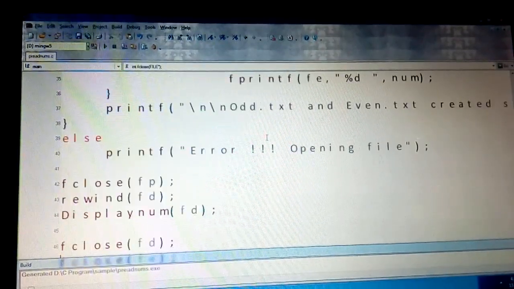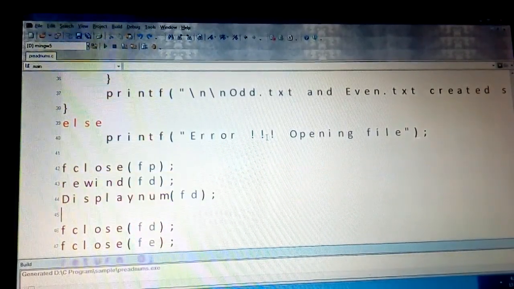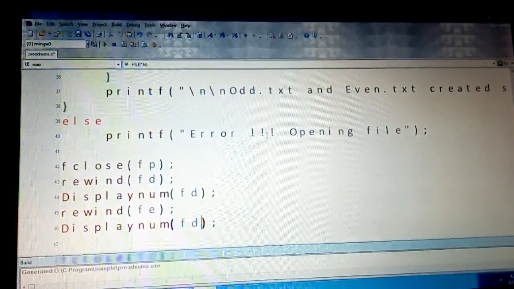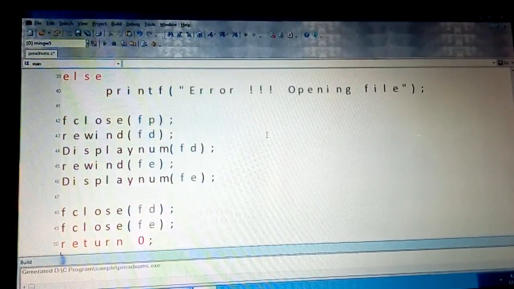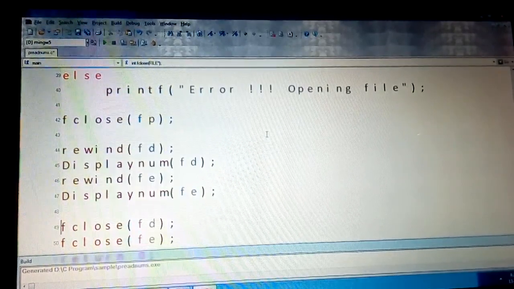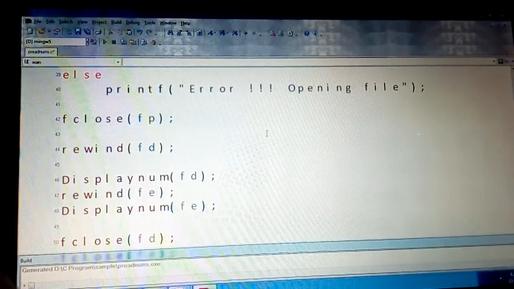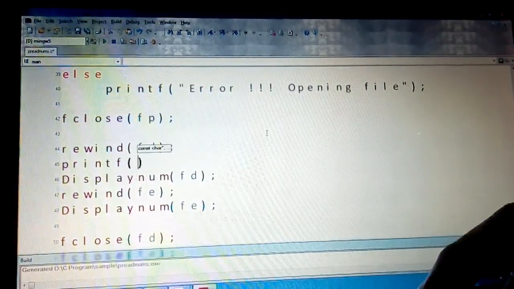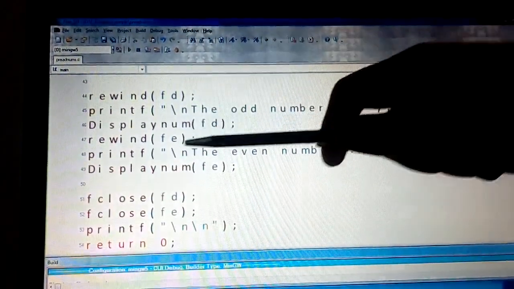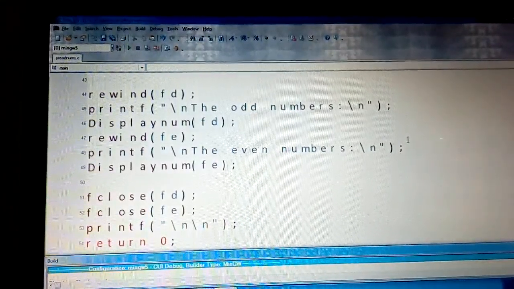And in this code we are going to call this again on the even numbers. So we will display both the numbers and pass a file pointer. The file pointer is fe, rewind it, send it, and finally close it. Closing is not going to change because these two close calls are different. One message you can add here is: these are the odd numbers and these are the even numbers. So the odd numbers are this, and it will display whatever odd numbers, and here the even numbers. Let us run this.